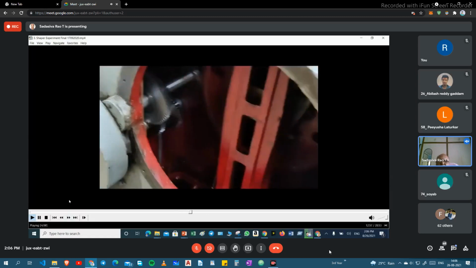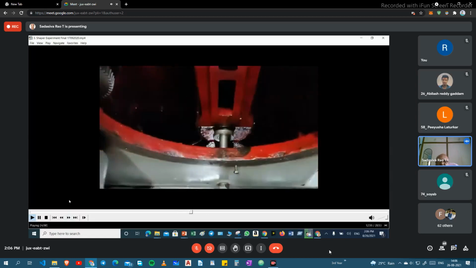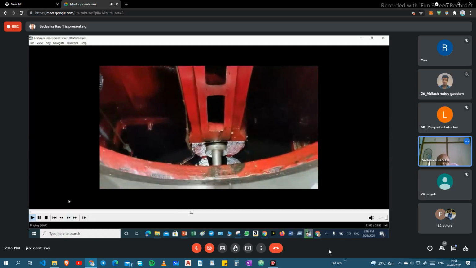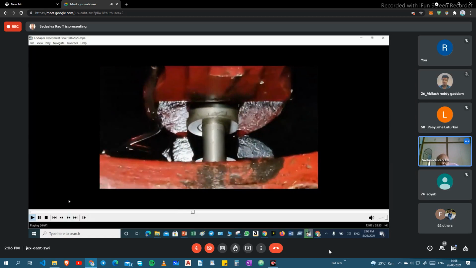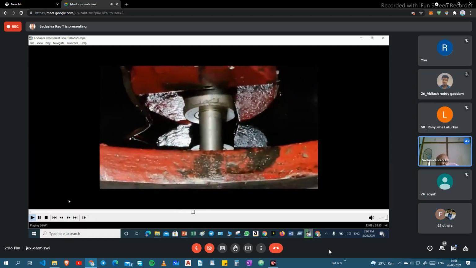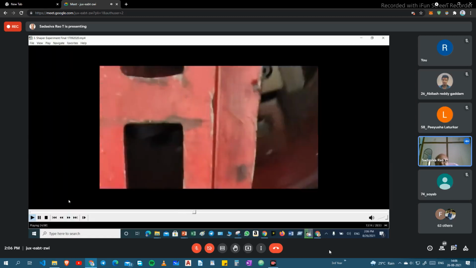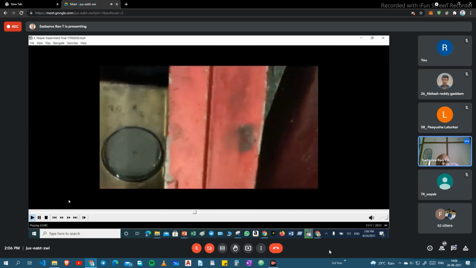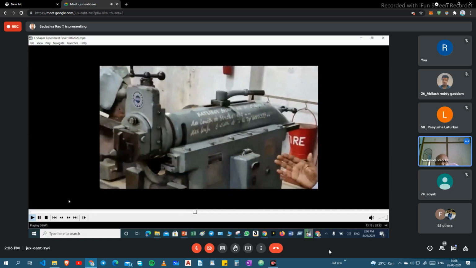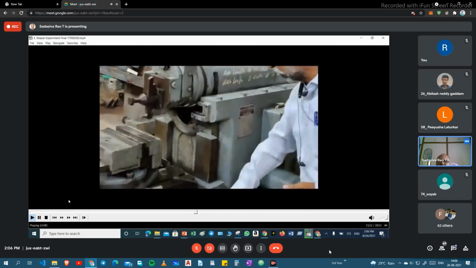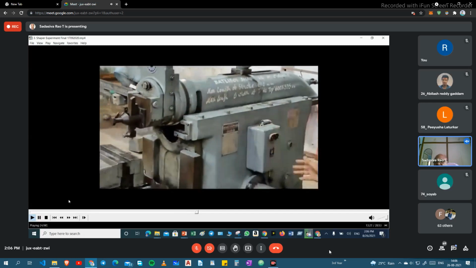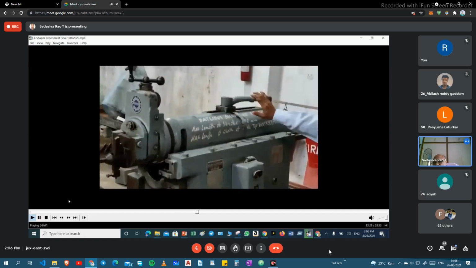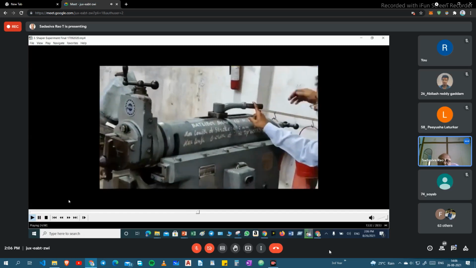Then inside there is an oil pump. The oil pump circulates the coolant to the machine. Also this column is connected to the variable ram here. With this handle to the ram, you can change the ram length, stroke length, and also the position of the stroke. How we control it, we will see later. This is the lock lever.